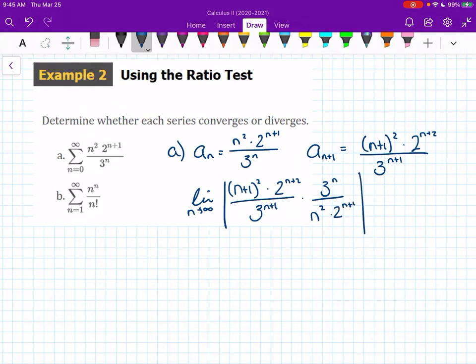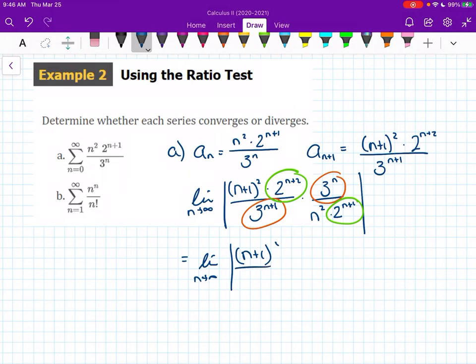All right, so now we're going to go through and do a whole bunch of canceling. I can cancel n 3's, and I can cancel n plus 1 2's. So now I have the limit as n goes to infinity of n plus 1 quantity squared over n squared